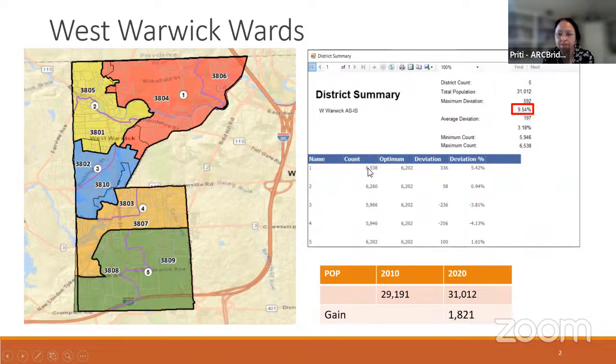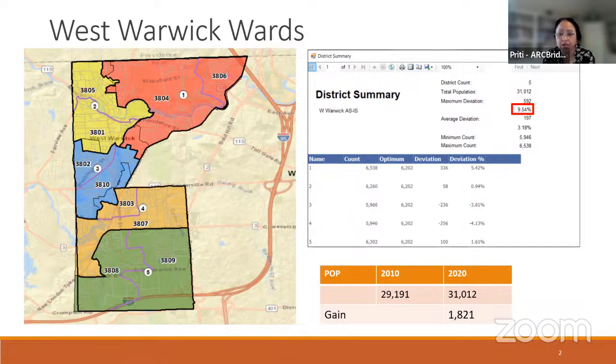So we also looked at the total population in each district that you can see on my screen and what the ideal population should be. Given the total population, we divided by 5 to get the ideal population, which is ideally that each district should have that much population, which is 6,202. In the third column on this table that you're seeing on this report is the deviation. That deviation is the difference from the ideal population, the optimum, and the number of people in the district. So District 1 has 336 more people, which amounts to